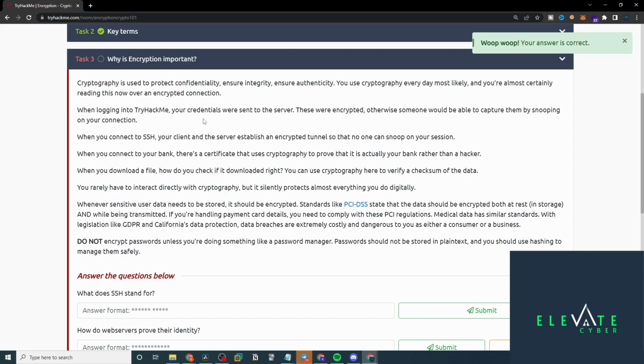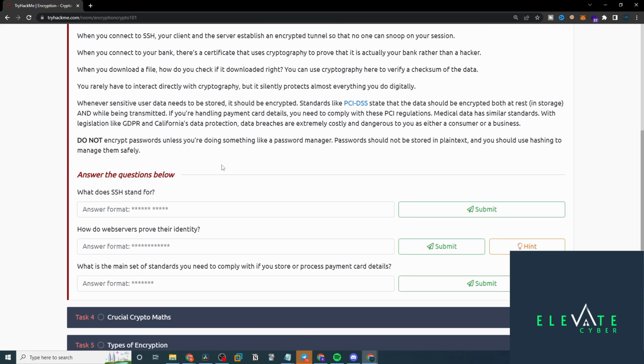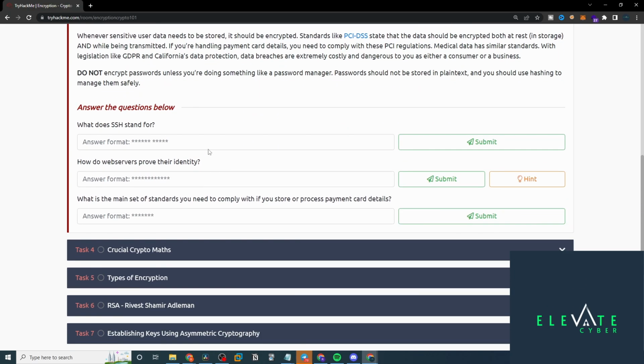Essentially, I'm not going to read all this word for word here. Feel free to do the room to do that, because I think it'll be more valuable if I just commentate over this. So obviously you want to make sure that your data is secured and that no one can man-in-the-middle your connection and read sensitive data they shouldn't be able to read. That's one usage. Another one is protecting data at rest. If you have a database that's storing passwords or social security numbers or whatever, you want to make sure that it is being encrypted so that unauthorized users can't just access and read it in plain text. Also, you don't want them to be stored in log files and things like that.